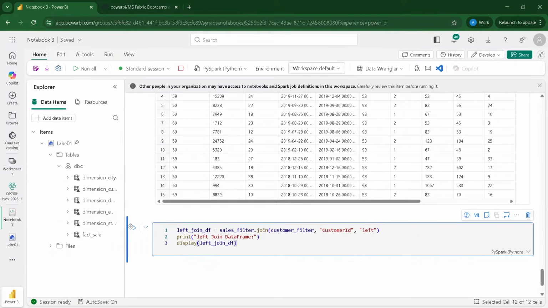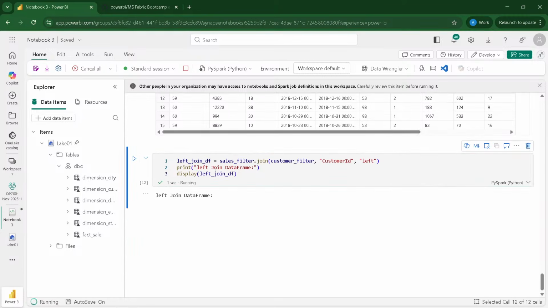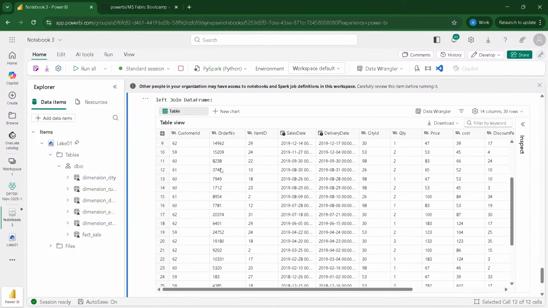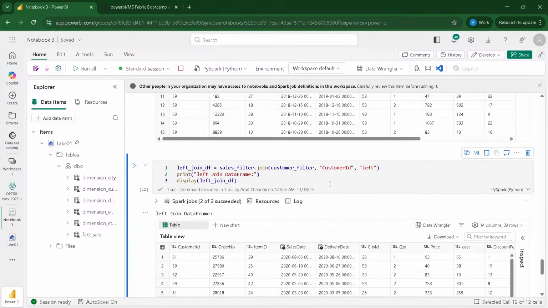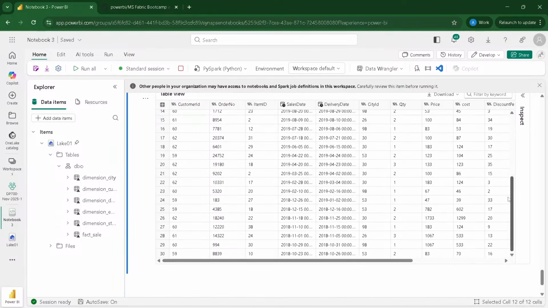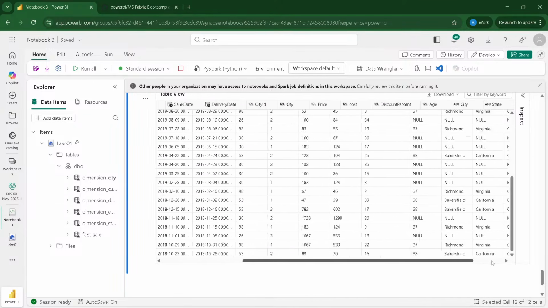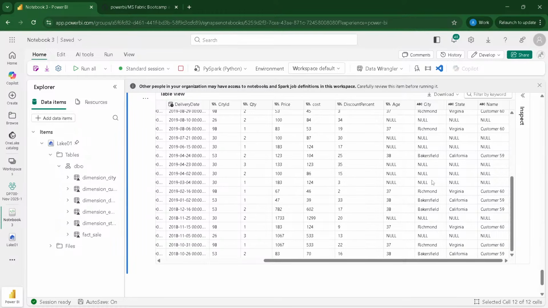And how are we going to check it? We are going to check it by scrolling into the data. Let's scroll on this side. Wherever you see these nulls, these are the columns coming from the customer table. And where do I see null?